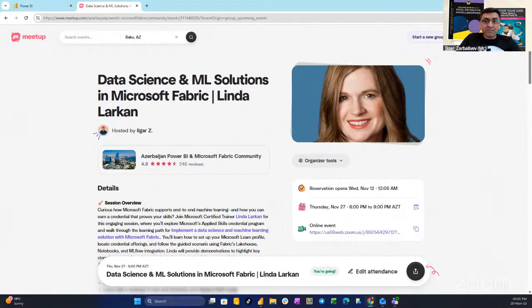Then we have the data warehouse, a structured, schema-driven, analytical store optimized for SQL queries, BI reporting, and business analytics. And then we have Lakehouse, a unified architecture that combines the flexibility